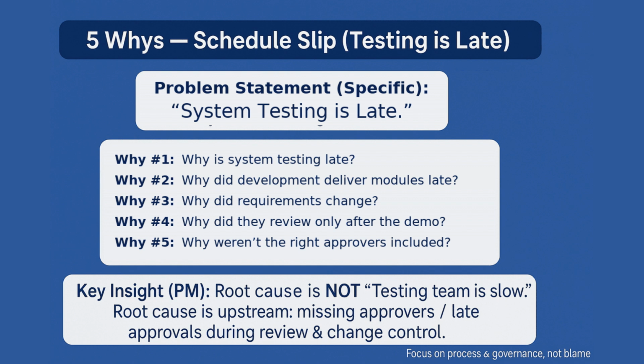We need to convert the root cause into actions, which are basically corrective actions and preventive actions. As part of corrective action, lock a change control rule: no requirement changes without impact review. Add an approval checkpoint before build completion. As part of preventive action, create a RACI for requirement approval in the initiating or planning stage. Run a requirement workshop with named approvers. Add a definition of ready for requirements. When we talk about a fix, it includes both corrective and preventive actions.